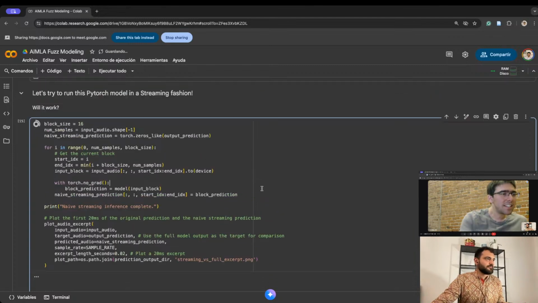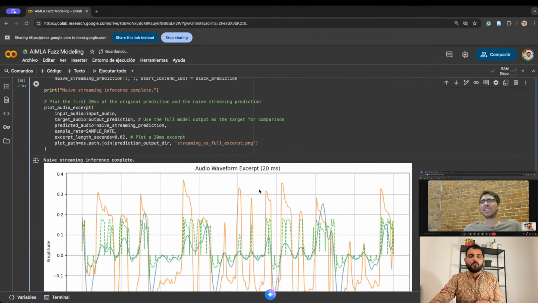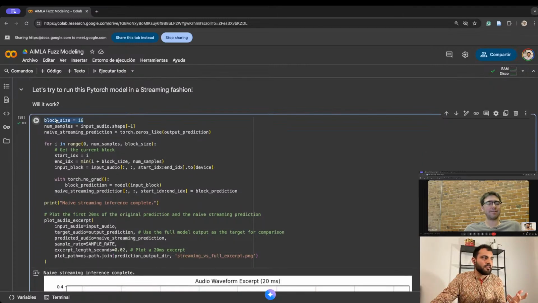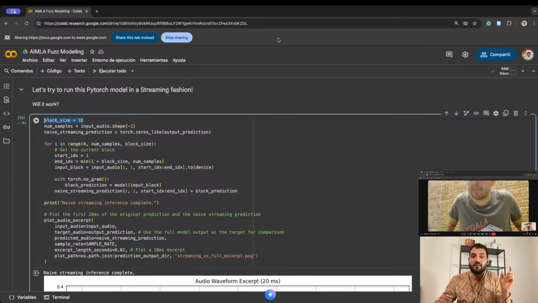Oh, I think too long, right? It worked. So pretty much what we're doing here is exactly what you were saying, right? We're chopping up the input audio in blocks of 16 samples. So we're actually simulating a real-time use case where we need to call this model several times per second every time we have a new block of samples.